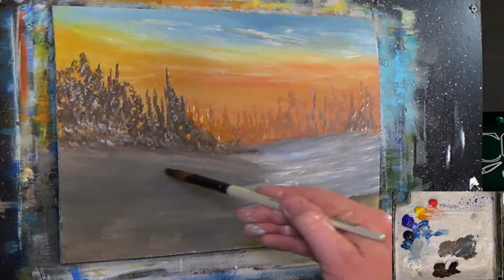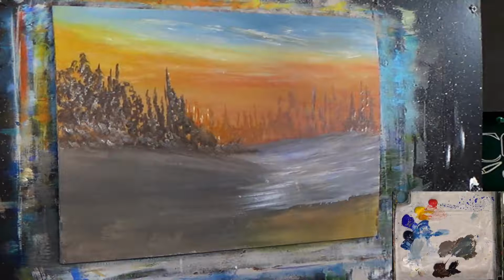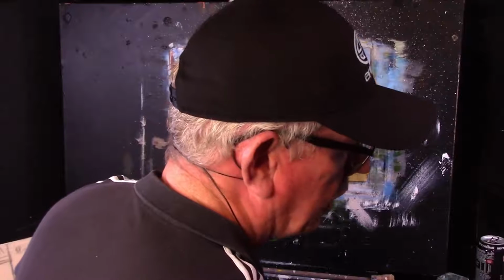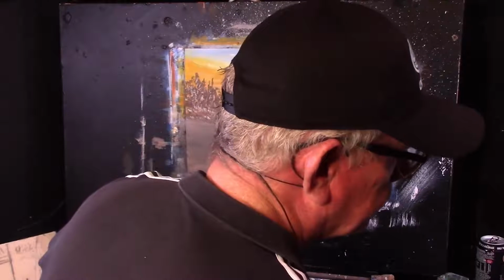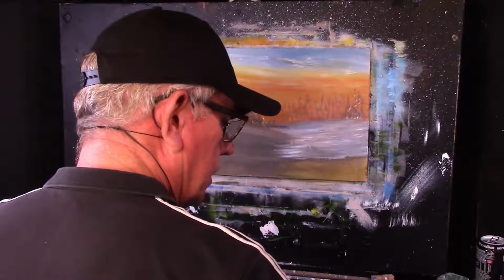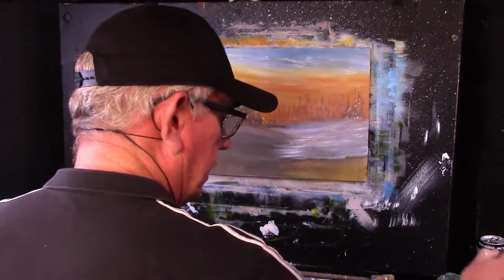Now, I don't like the way this bank is. We need to think about that as well. But for now, I'm going to get myself a little fan brush. I did have one. Where did I put that fan brush? I hope this will work the way I want it to. So I'm going to get some Mars Black and some burnt umber, a little bit of moisture,